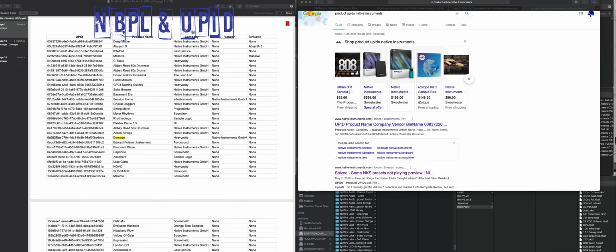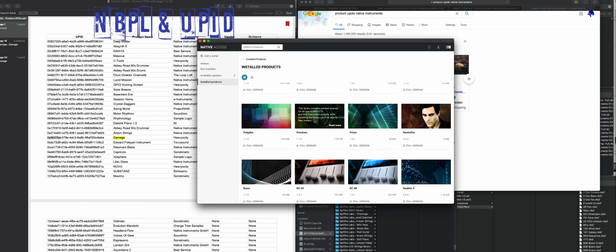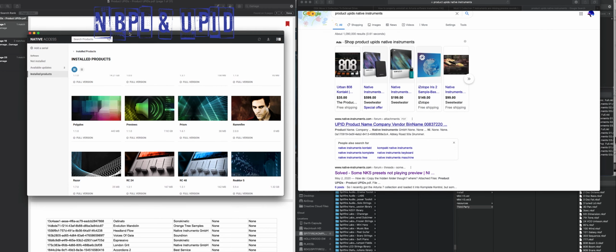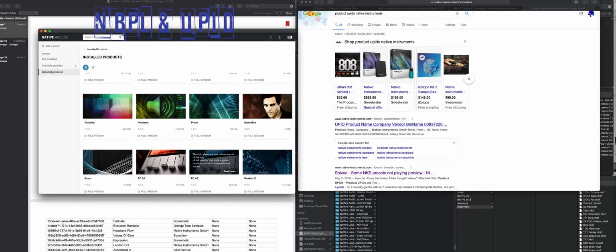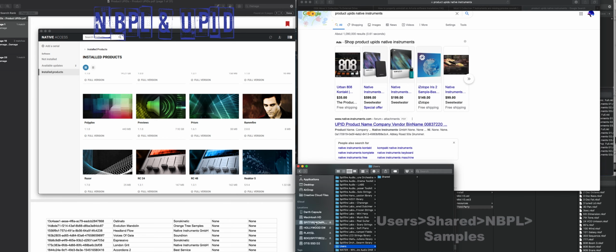All right, sadly, here comes the tedious part and the reason why there is a cacophony of craziness on my desktop. When you download your libraries out of Native Access, you are given a previews folder. This is where you're going to get all your previews for Komplete Kontrol. Sometimes it can go into a library, or a little folder rather, that the other libraries can't find. The folder that is downloaded from previews, after you download it, you're going to want to search. I know that mine is on my external. It created its own folder in users, shared,